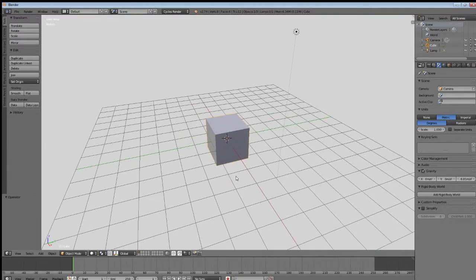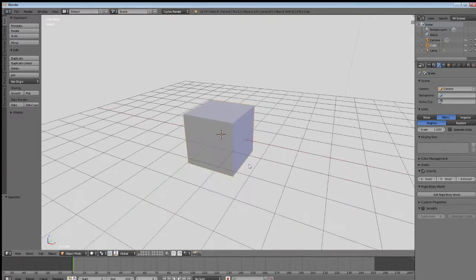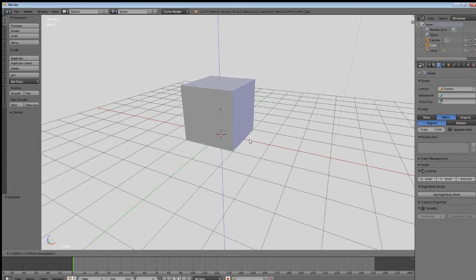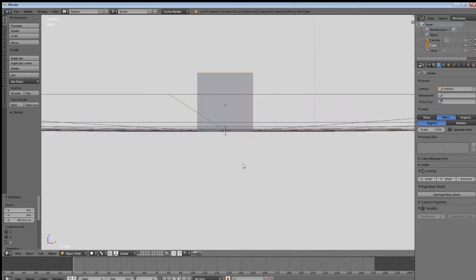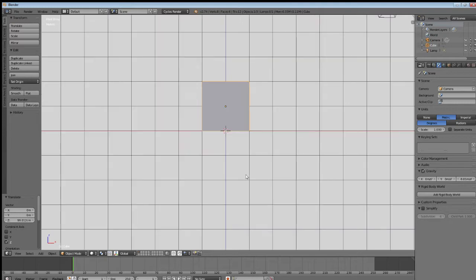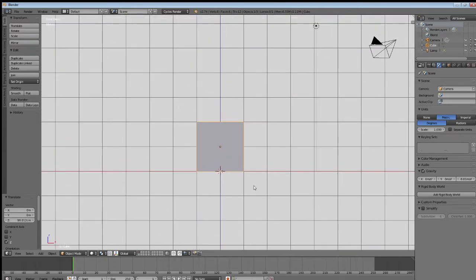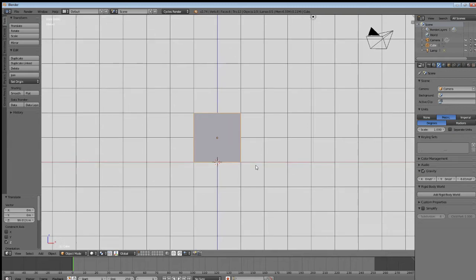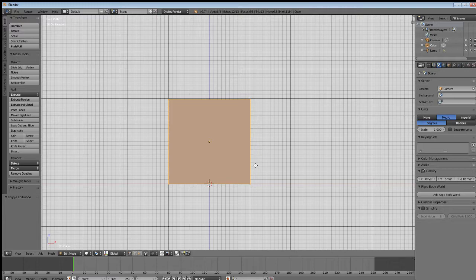So we're just going to start with our basic cube here. And with our basic cube, I'm just going to set it up on my grid a little bit so it's a little nicer on the eyes, I guess. So I'm hitting 1 and 5 on my numpad to go to my front and orthographic view. And now I'm going to hit Tab to go into my edit mode,